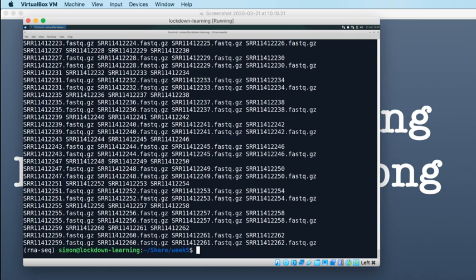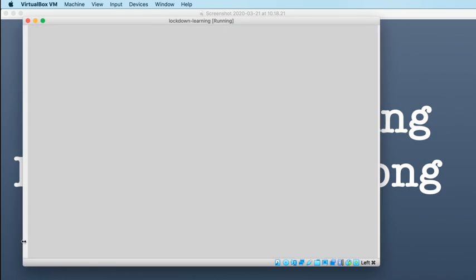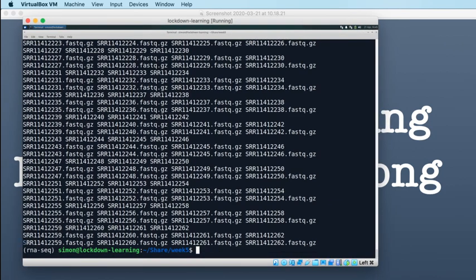and on the 3rd line we now have, this is what we need for Salmon. This is the list of our read files, which is what we need to pass to Salmon. So this is the input for our Salmon command. Okay, so that's what we were trying to construct,